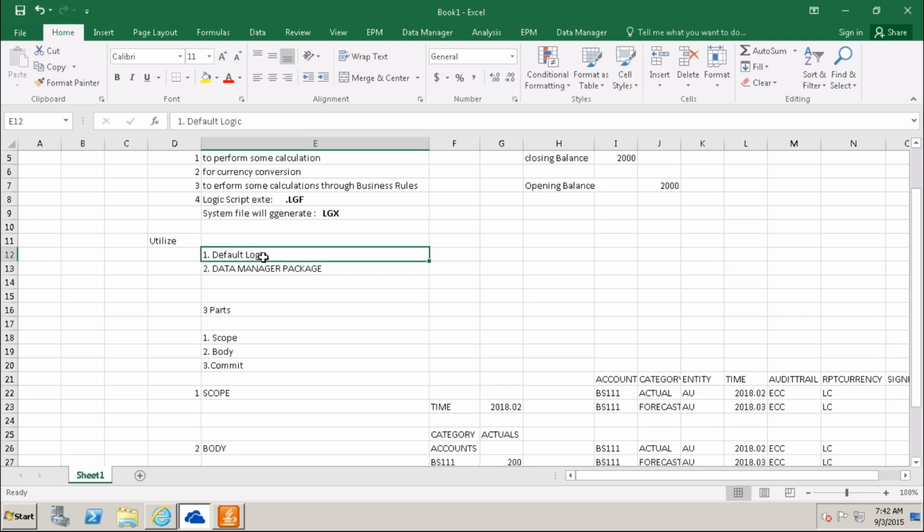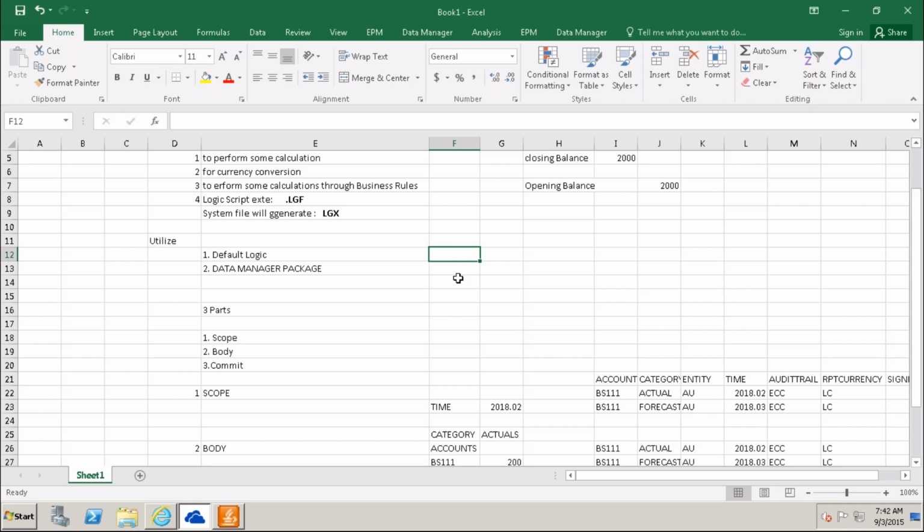When I keep this script logic in the default logic, the script logic will automatically trigger after loading the data into BPC.